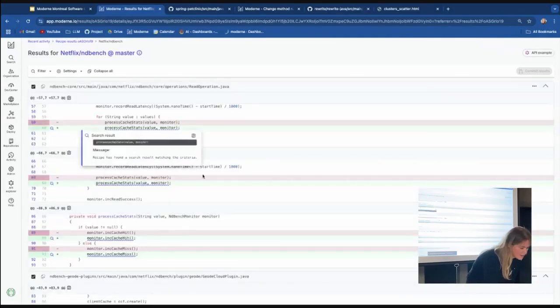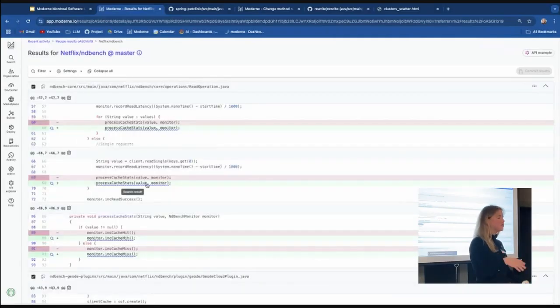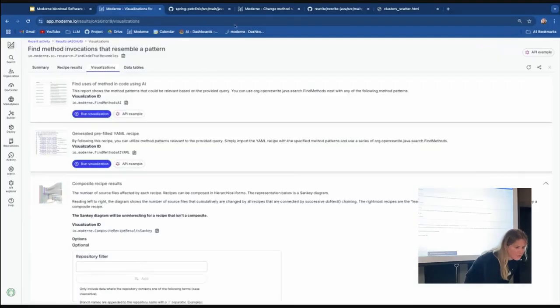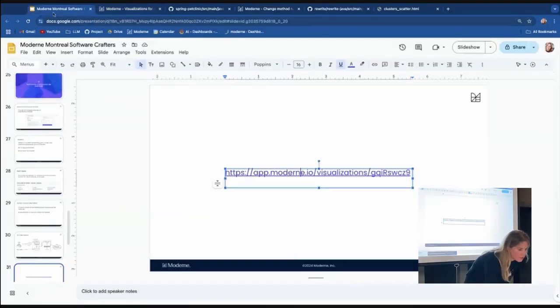All right, this is processed cache stats. And as you saw, I just put cache to make sure I would grab the most examples. I didn't actually care if it started the cache or if it deleted it or if it did whatever to it. Same thing here. But this idea of clicking back and forth is kind of annoying. Yes, it's a little bit faster than if you had to go search yourself for it. But we also have the visualization, which I now close, but